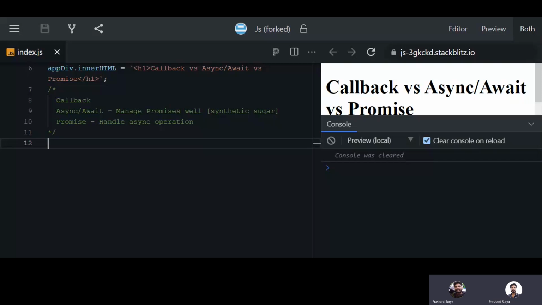But if you have a large number of async operations nested inside nested, then you will definitely have to use promise with async await. Okay, so we will discuss one by one. We will discuss callback first. So let's suppose we have